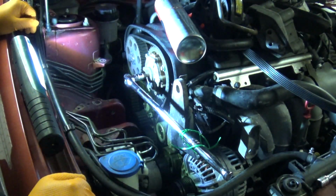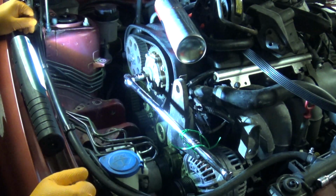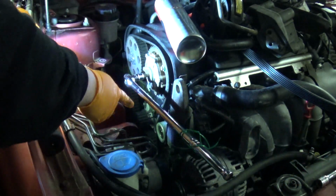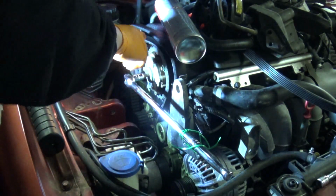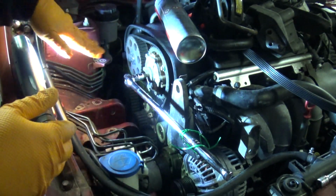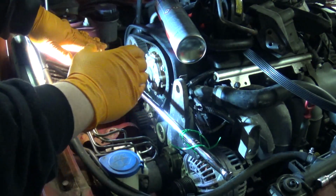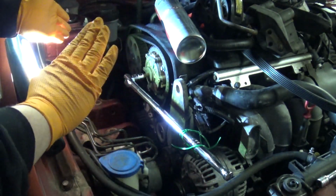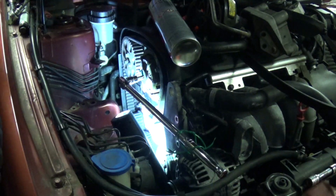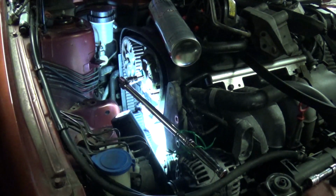Okay, the belt is finally on. Best explanation of how I did it: I got it round the crank, put the left part of the belt over the tensioner, then worked round the idler, over that cam, and I had to try and thread it under the water pump. In order to do it I had to slide it off the tensioner and then put them both on together at the last stage. What I'm going to do is go ahead, do the tensioning procedure,